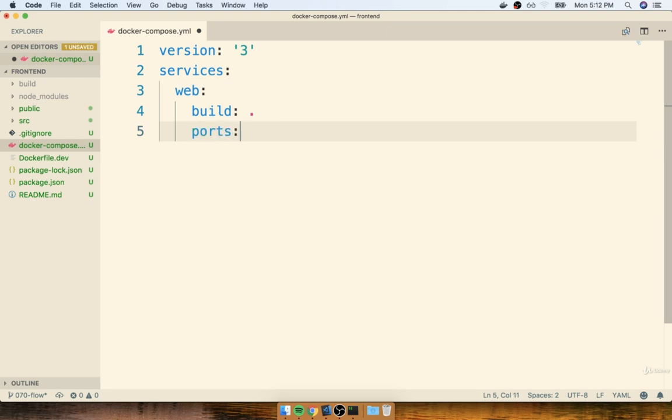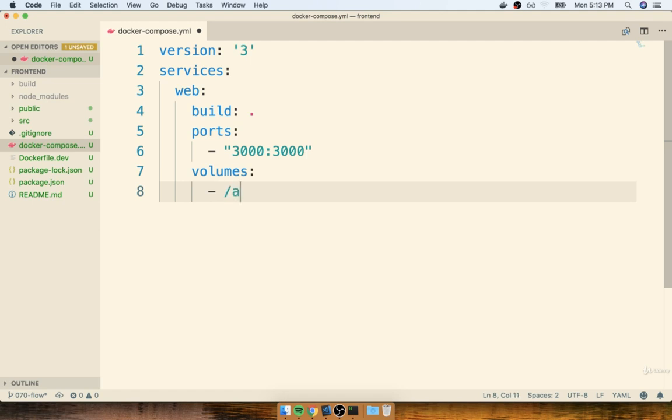The next thing we're going to specify is ports. So remember, we can specify a list of ports here. So to indicate a list, we put down a single dash. I'll then put down my quotes, and I'll say that I want to map up port 3000 outside of the container to 3000 inside the container. And then finally, and this is the real good part, this is the part where we can do a shorthand for specifying our different volumes. We'll say volumes, a dash, and then we'll say that we want to do app,